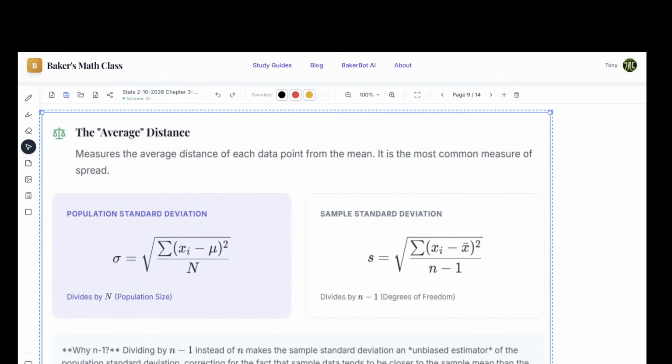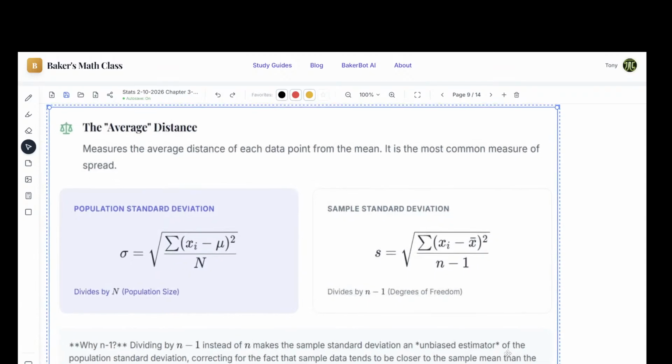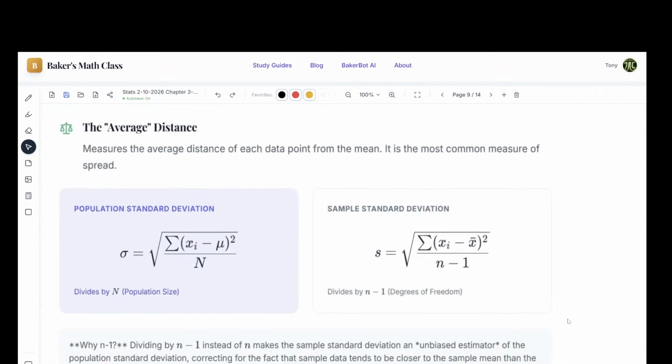Probably after the symbols that we talked about, this is probably the most important formula you're ever going to see in statistics. Don't worry, I'm never going to have you actually physically do this out by hand. The stat teacher last semester did, and I thought he was nuts. I would never do this out by hand. It is a long process. However, I do want to explain what this is. This is the formula for standard deviation.